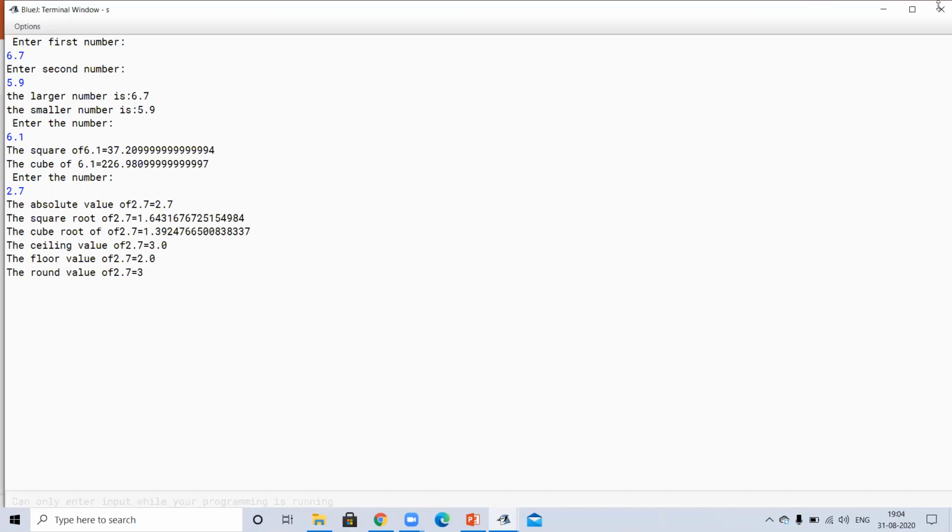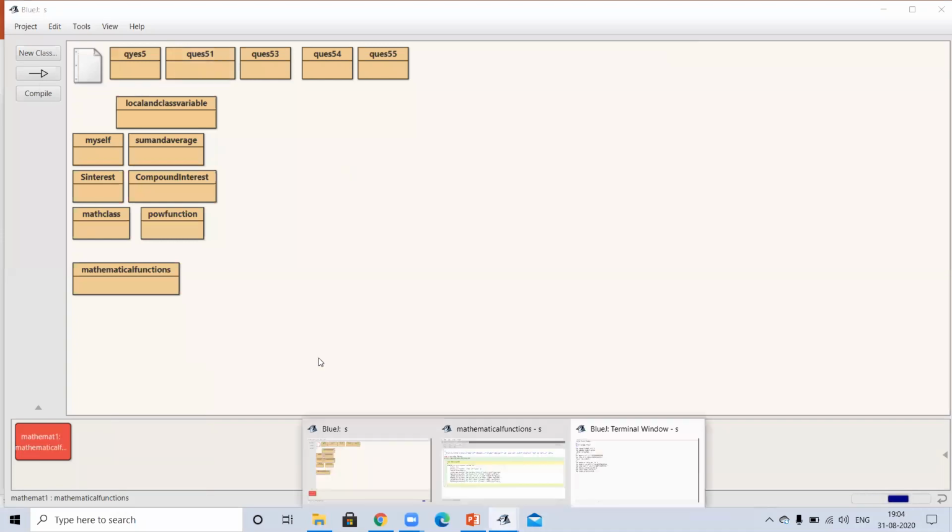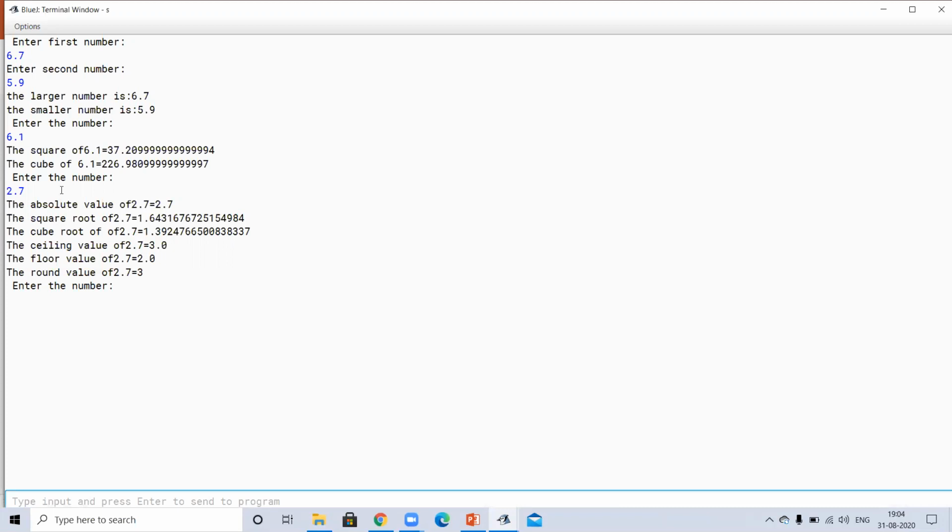Now I am running the same program again with different values. This time I will enter 7.1. Now you can see the changes.